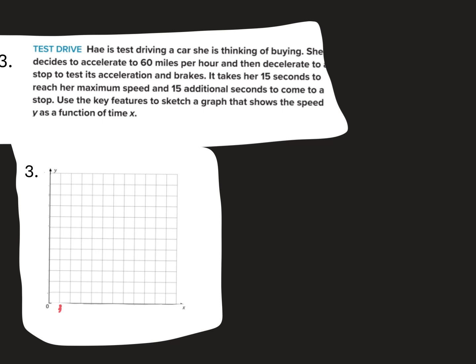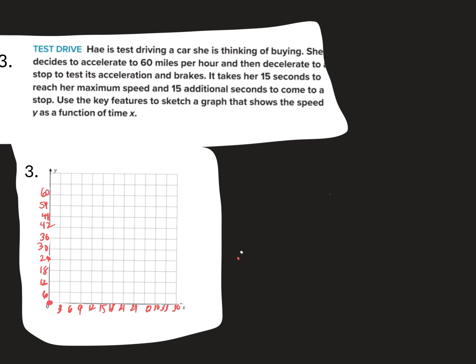So I'm going to go 3, 6, 9, 12, 15, 18, 21, 24, 27, 30, 33, 36. Then I'm going to go by 6s on the y: 6, 12, 18, 24, 30, 36, 42, 48, 54, and 60. And I'm going to graph, of course we should start at 0 miles per hour, because when